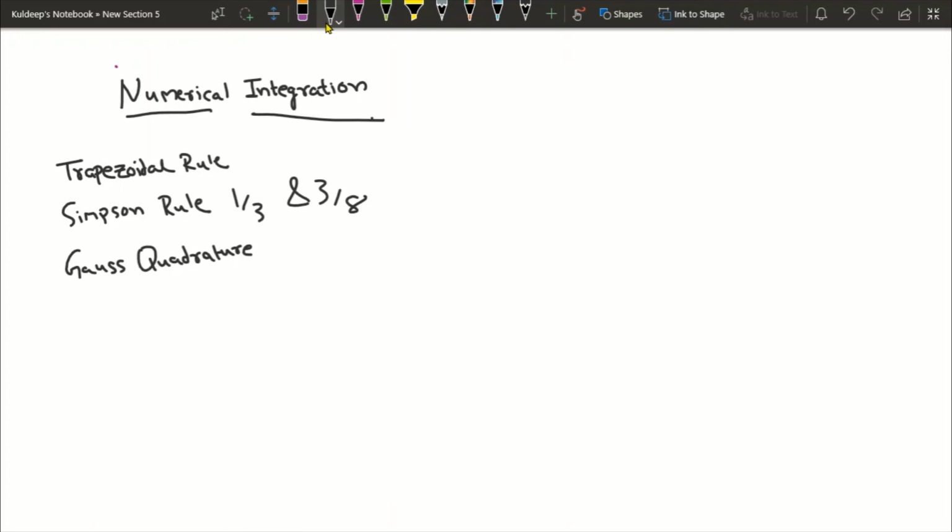First of all, what is the basic technique which we follow while doing numerical integration? Suppose I have an integral going from 2 to 4 of 1 upon 1 plus x dx. The first thing I want is the number of intervals. If I am talking about the trapezoidal rule, there is no restriction on the value of n. It could be either odd or even. So let me take n equal to 10.